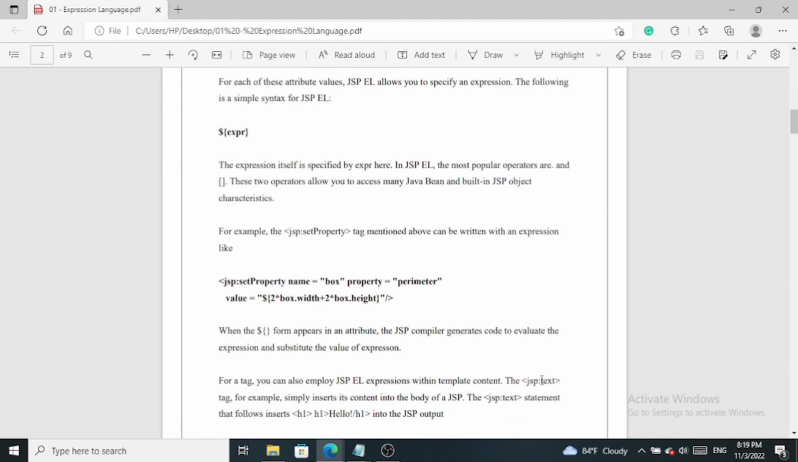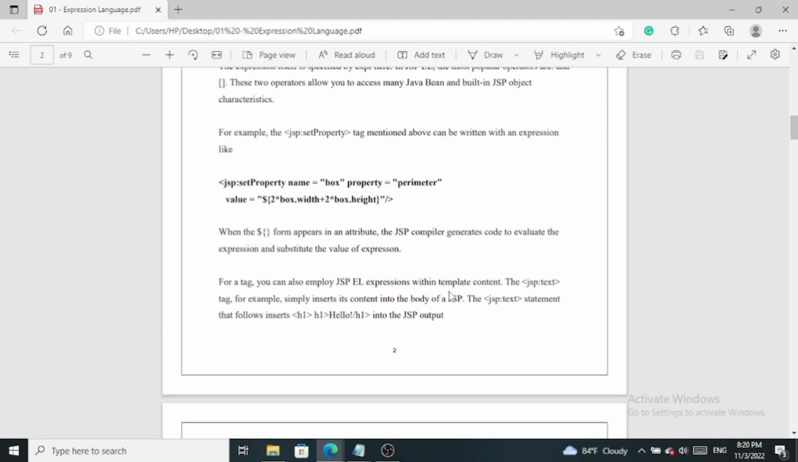After that, the expression itself is specified by EXPR here. In JSP EL, the most popular operators are the dot and the bracket. Here you can see these two operators allow you to access many Java Bean and built-in JSP object characteristics. For example, the JSP tag mentioned above can be written with an expression like this. When the tag form appears in an attribute, the JSP compiler generates code to evaluate the expression and substitute the